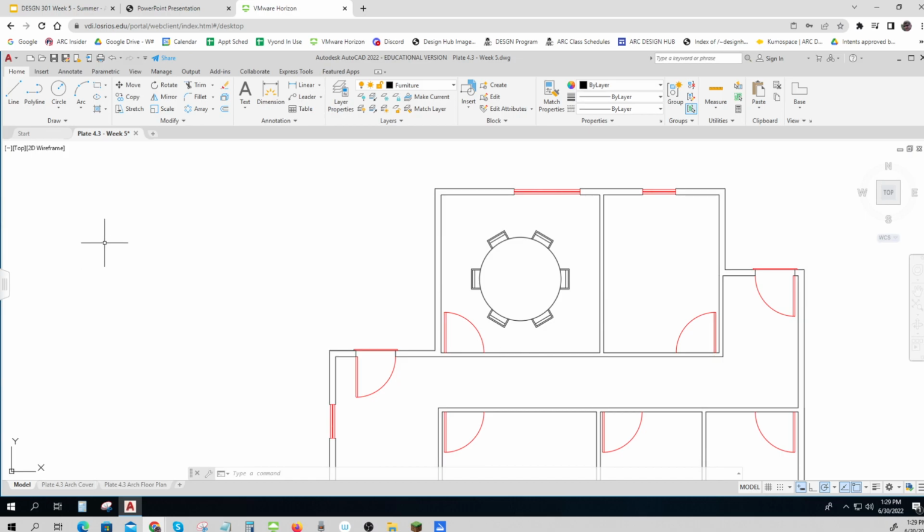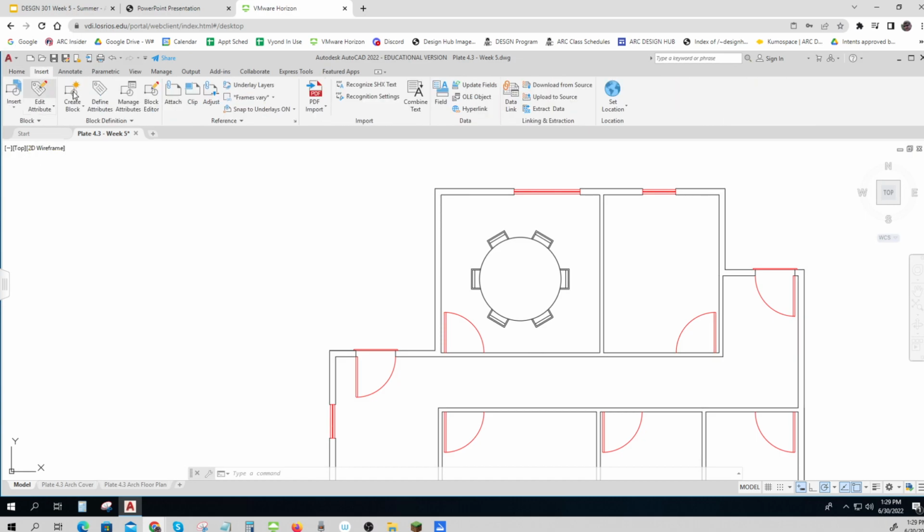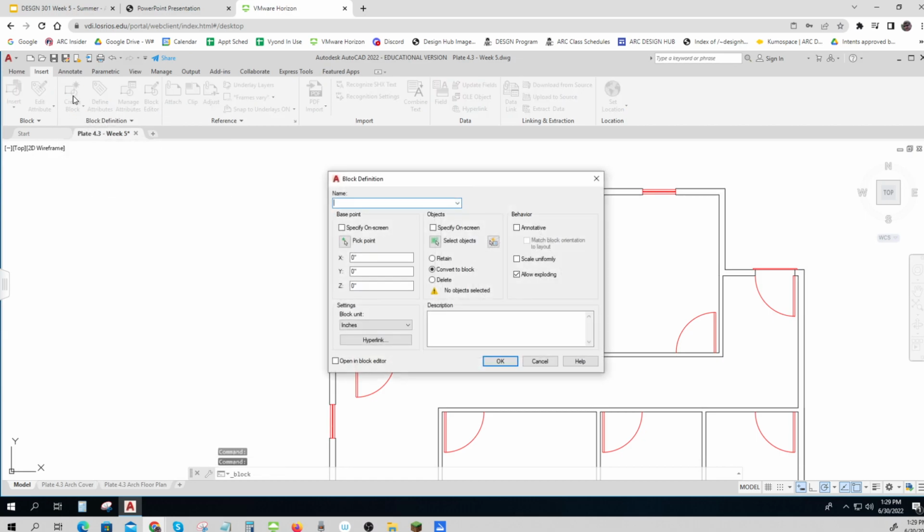The next thing to do is make it into something called a block. It groups everything together and saves it as its own little drawing within the drawing so that you can use it over and over again. And then it gives you a lot of tools to work with. So we're going to go to the Insert tab and do the Create Block. There's another one in here called W block that we're going to learn about in Design 302. We're going to create a block. We'll give it a name. Table, conference,